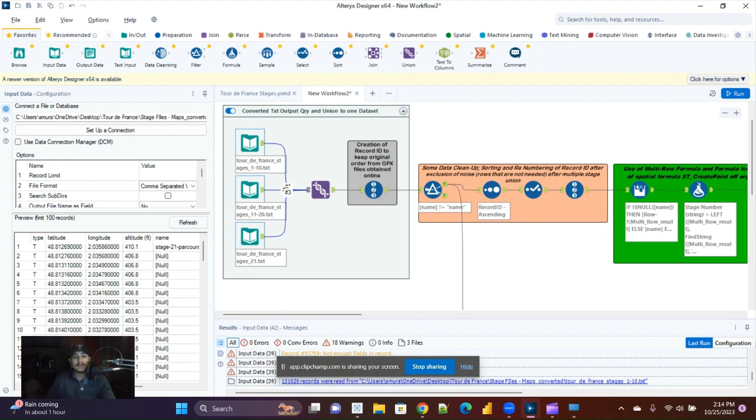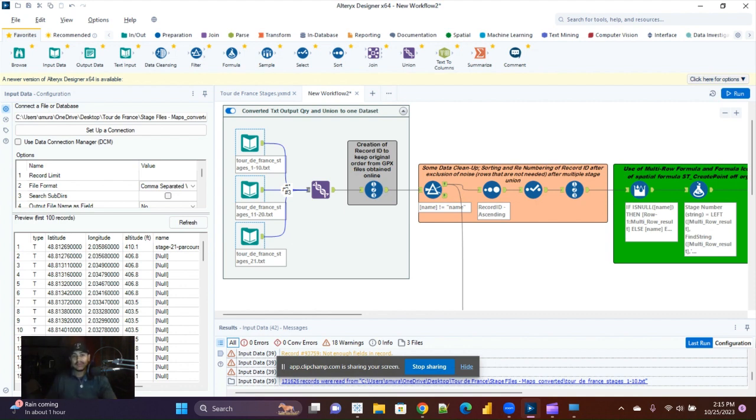Okay, so first things first, you see this first container. I have a title there for you: converted text output query and union to one data set. So basically, I am taking all the converted outputs of the GPX files to text,